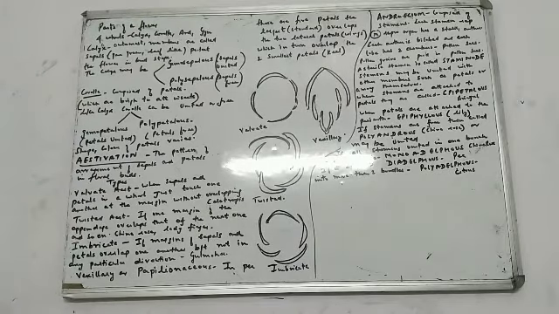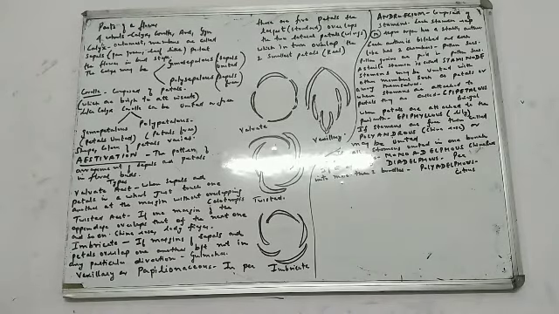Beta, we generally take it as a male reproductive organ. Androecium, stamens we know, but sometimes there are some stamens which are not fertile. They are sterile, S-T-E-R-I-L-E. So if a stamen is sterile, it is known as staminode, S-T-A-M-I-N-O-D-E. So what is staminode? A sterile stamen is called staminode. What is stamen? It is a male reproductive organ. It has 2 lobes. Each lobe has 2 chambers, which are known as pollen sacs, and pollen grains are produced in the pollen sac. A sterile stamen is what we call a staminode.